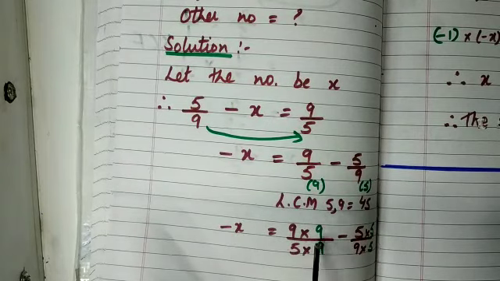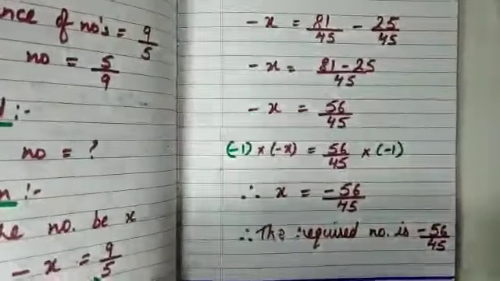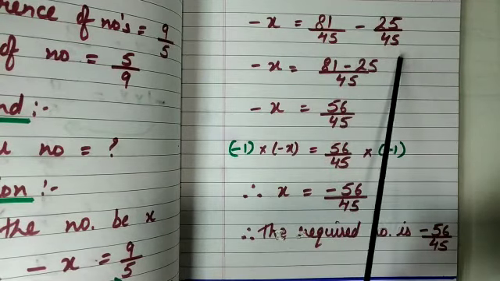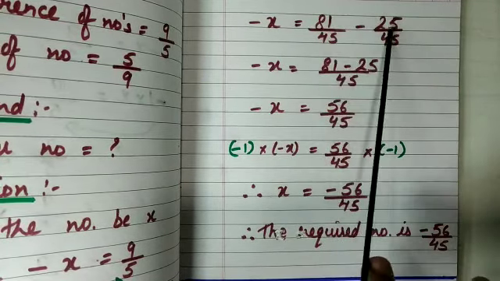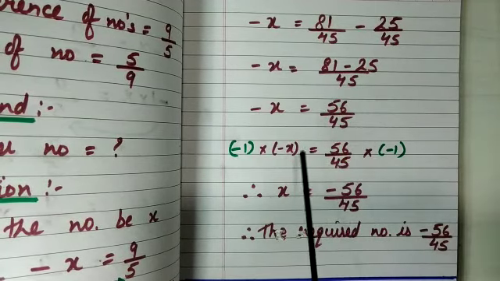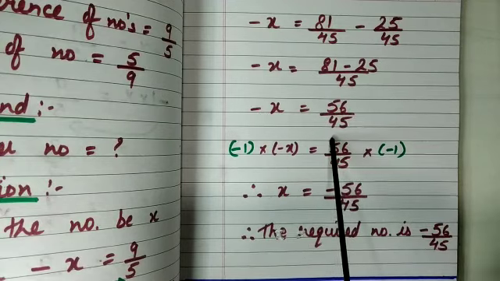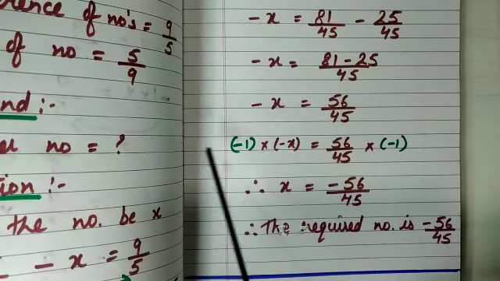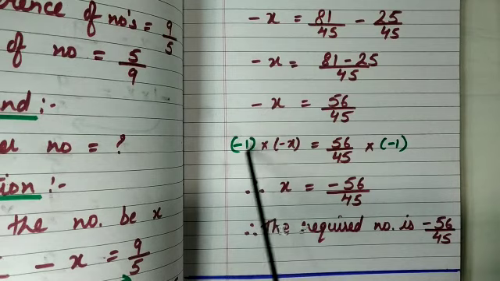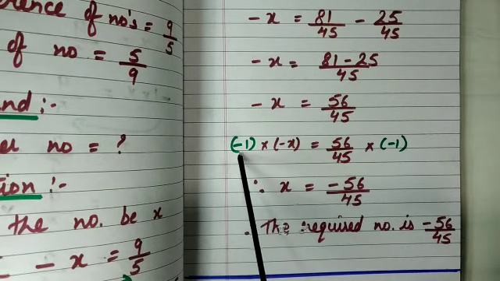Now minus x is equals to, so when you multiply them, you get the result as 81 upon 45 minus 25 upon 45. Now the denominators are same. We just write it once and we subtract the numerators. 81 minus 25, 56. So again we are left with minus x equals to 56 upon 45. I told you one method in the previous example. The second method in which we can make the variable positive. Okay, as this is minus x, how can minus x become plus? Is by multiplying it by minus 1.